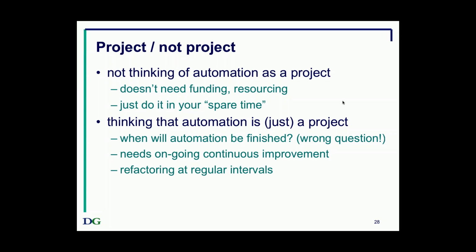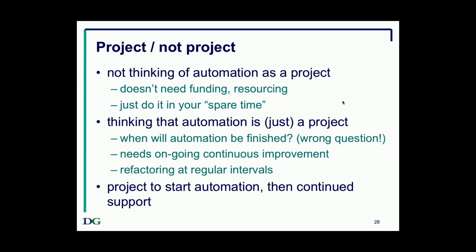And this was a key thing in keeping the automation working really well, and if they were building up technical debt for some particular thing, they would address that. And this meant that the automation was successful and went on for years. Well, what a lot of organizations end up doing is having some kind of a project to get the automation started, but then you need continued support. So yes, it is a project, but it's not just a project. And if it's a project to get things started, do things on a small scale. Have a pilot project where you experiment with different ways of doing the automation before you begin to roll it out to other areas of the company.